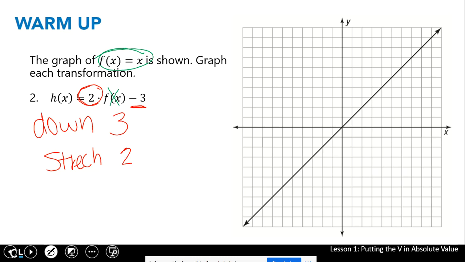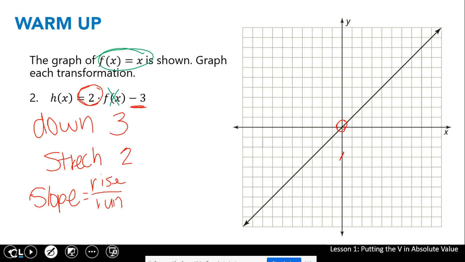So if we're moving down 3, I would take my origin point right here and move it down 3. So 1, 2, 3. I think it may be steep enough. So now I'm going to move down 3, and then I know that I'm stretching it by 2. So my slope is going to be 2. And our slope is our rise